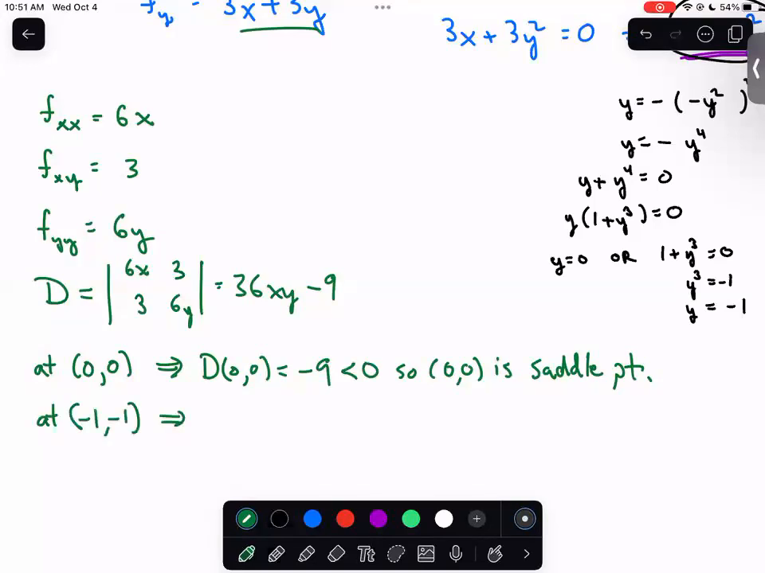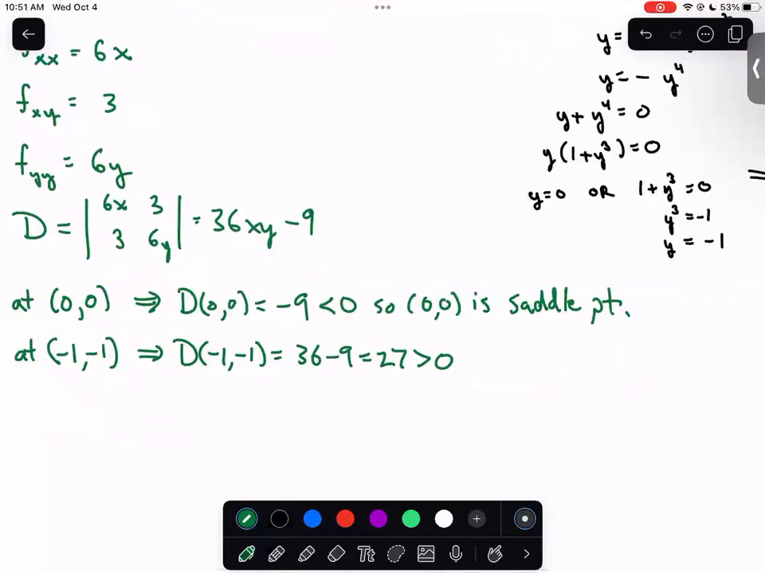Now, on the other hand, if we were to plug in x equals -1 and y equals -1, right, we would have d of -1, -1 is going to be equal to 36 minus 9, which is equal to 27, which is greater than 0. So now we're in a case where we're in calculus 1 world. So we can look at